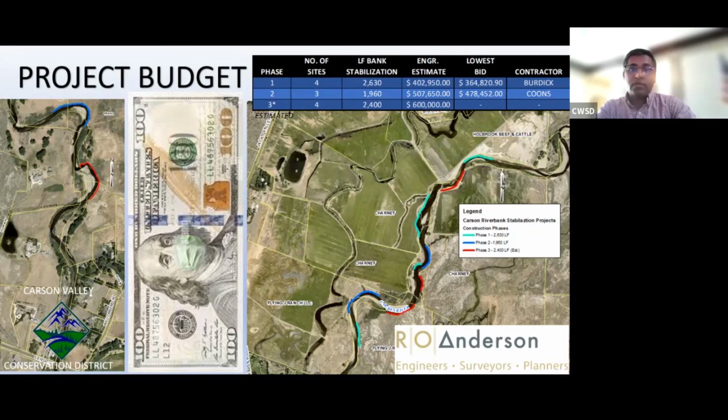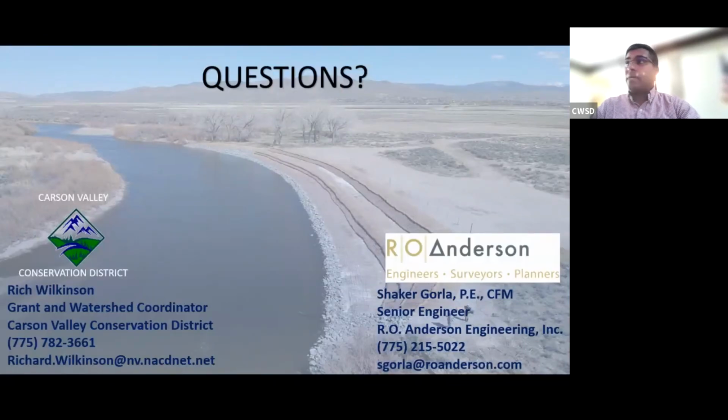In phase 2, we just finished this, and Richie is busy stabilizing those banks with the bioengineering methods as we speak. It's about $500,000, our estimate. And bids came in, the lowest responsive bid was about $478,000 from Coons. And we're estimating about $600,000 for the last portion of the project, which would be built later this year. That's it. Again,